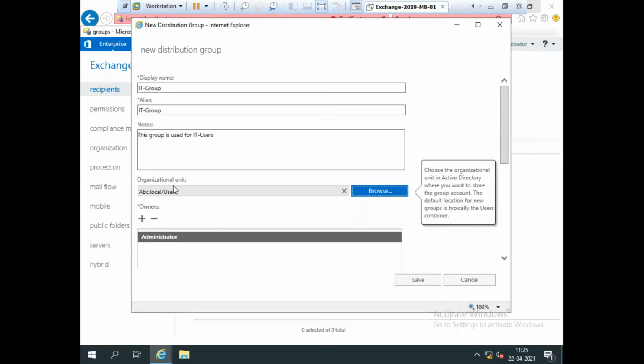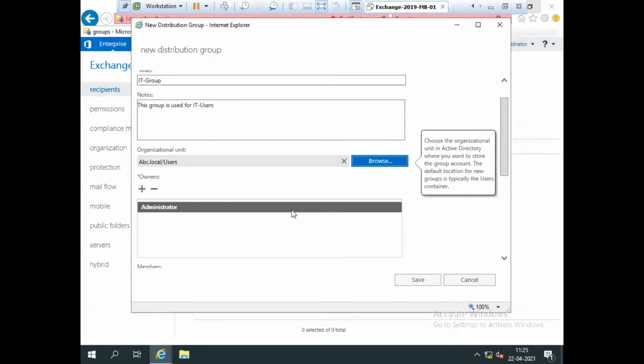If you don't give the path, it is automatically saved in the users container, so it doesn't matter whether you give the path or not. If you want to save this group in another location, then you can give the path. In our case, I want to save this group in the default users container.